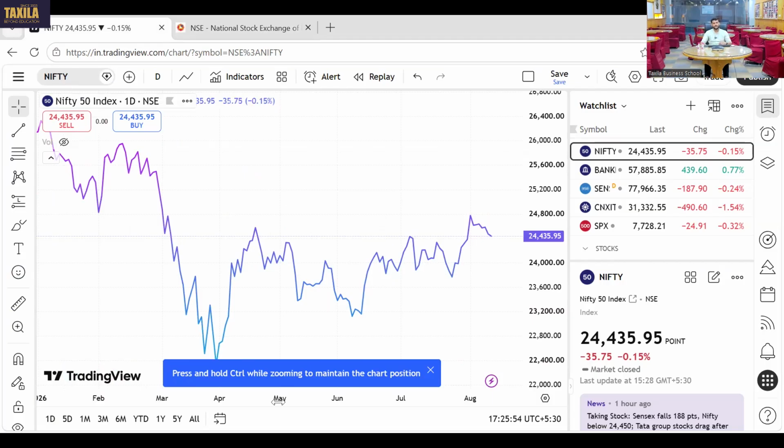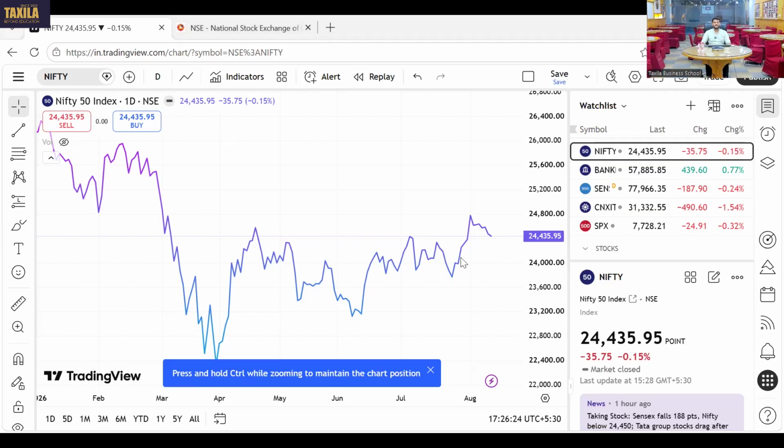So basically, if you want to track the market, see, that's a basic definition that you gave me, sir. It's the basket of 50 stocks. Yes, that's a right definition. That's not a wrong definition. But how is it useful to us? Always think of a use case. How is it useful to me? It provides me the idea about the performance of the market. So you need to keep in mind, Nifty is something that can give me the idea about how the market is performing or how the market is doing.